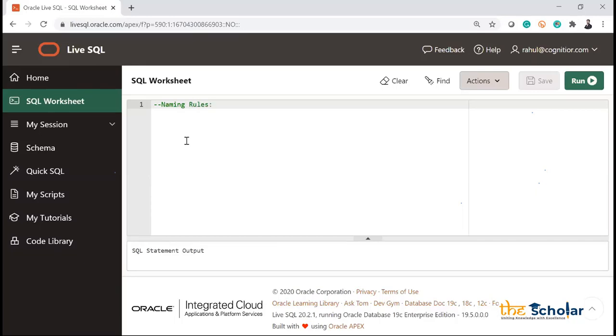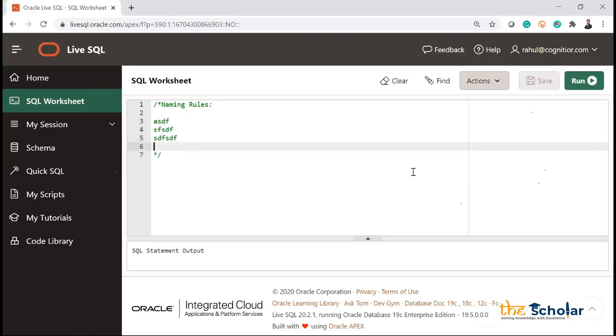To comment in any SQL programming, right? This double minus sign is helping me to do the comment, right? I can do comment by like this, or let me remove this. I can do like slash star, star slash. So anything which you will write in between will act as a comment, right?